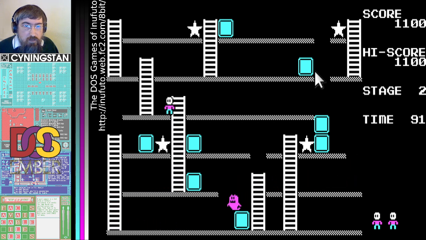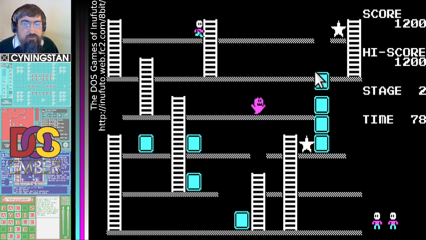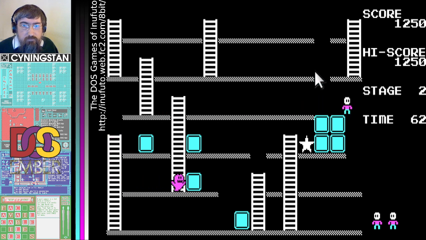I know how I get to the right there. I kick 2. I kick 2 of these, and hope that the ghost doesn't come too close. There we are. That's how to do that. And I've just got 1. No, I didn't mean to do that, but that's fine because I can get to the star quite easily.